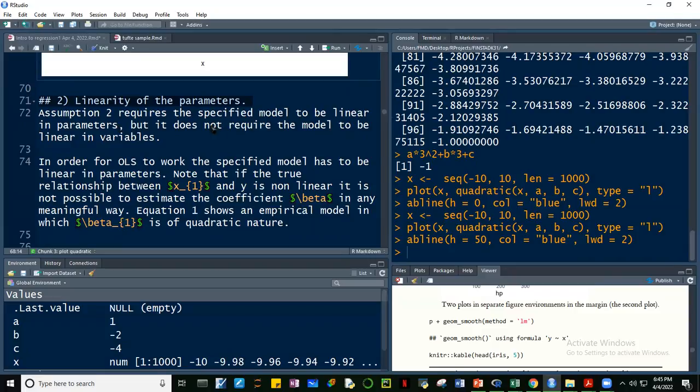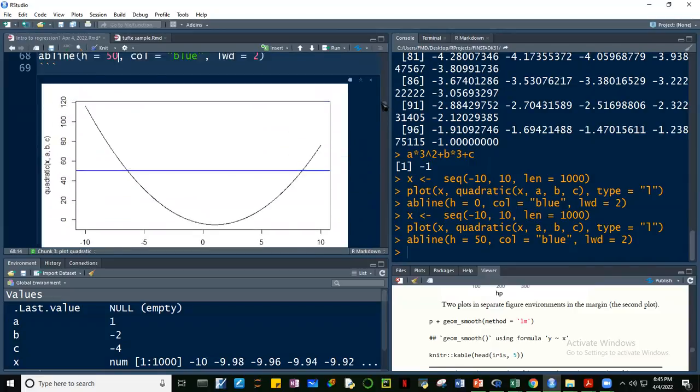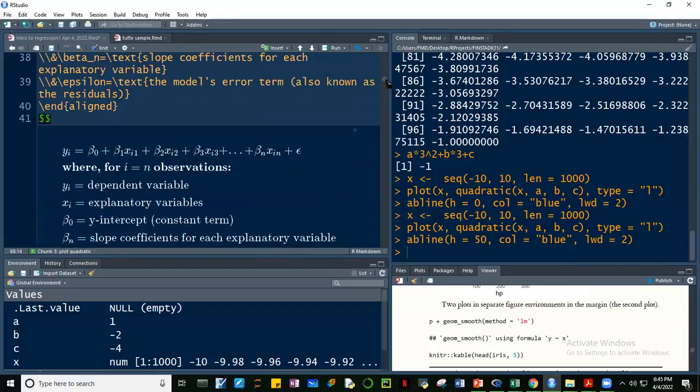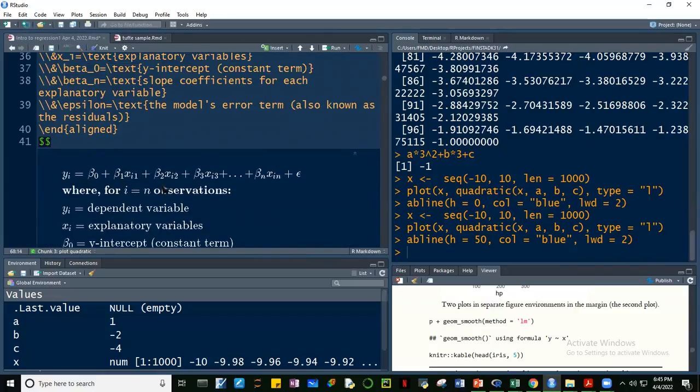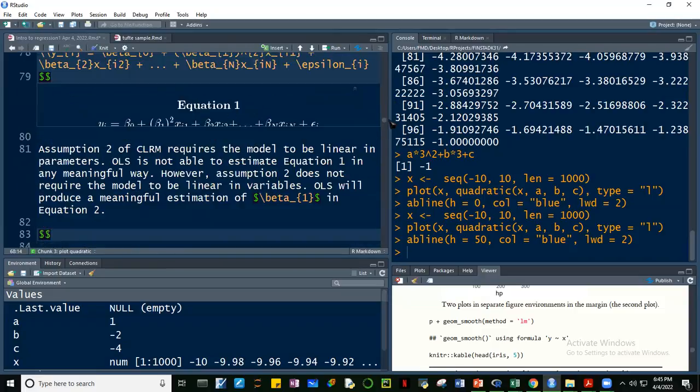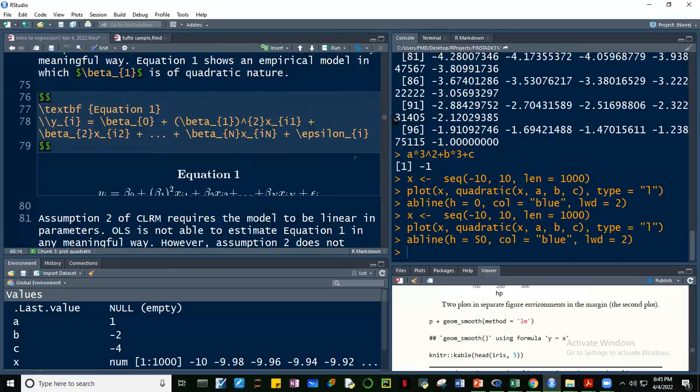Assumption 2 requires that the specified model be linear in the parameters. What do we mean by parameters? The parameters, guys, are our slopes. These are the beta 1, beta 2, beta 3, beta n, those are our parameters. So what do you mean by linear in parameters? Okay, it means that